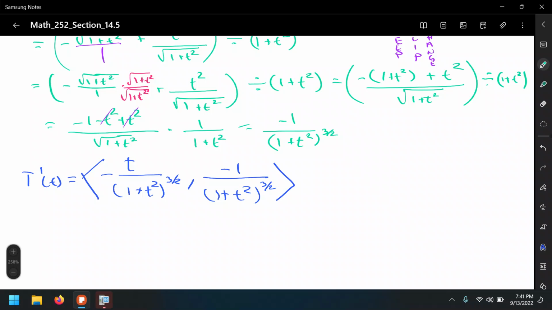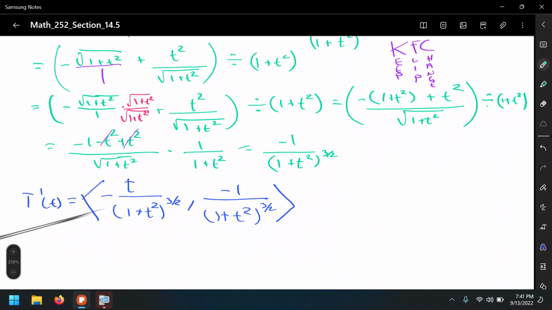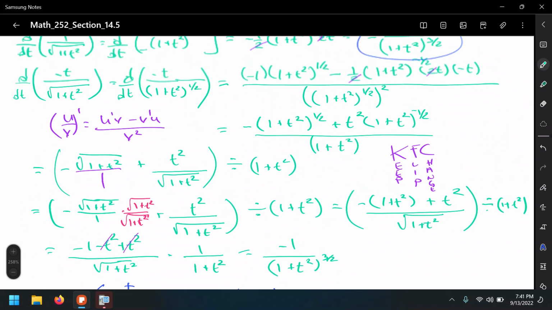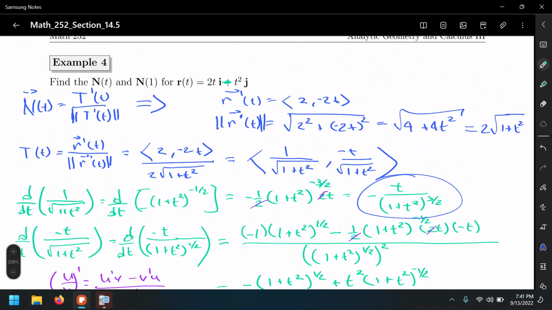So that's only the derivative of the tangential. And to get an expression for the normal vector, we need to find the magnitude of this. Let me scroll up. This we already got. We need to get this one. However,